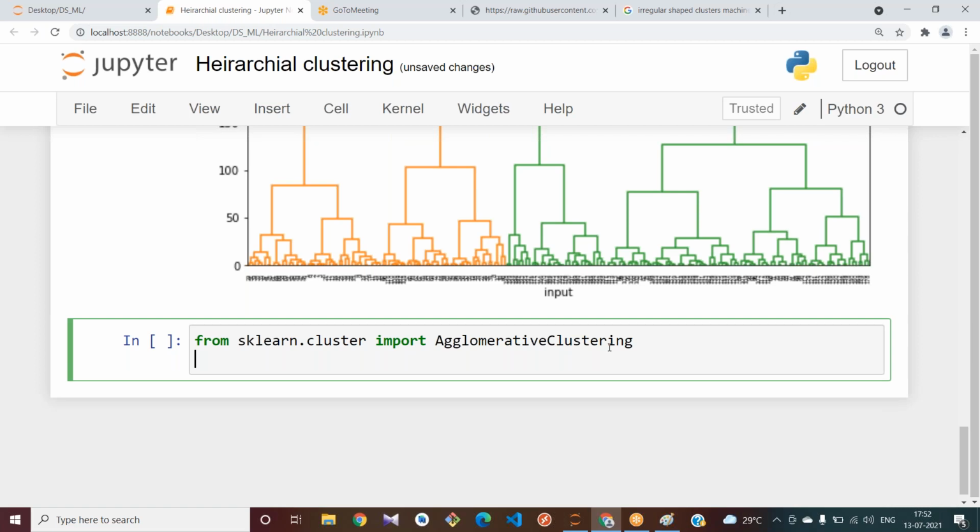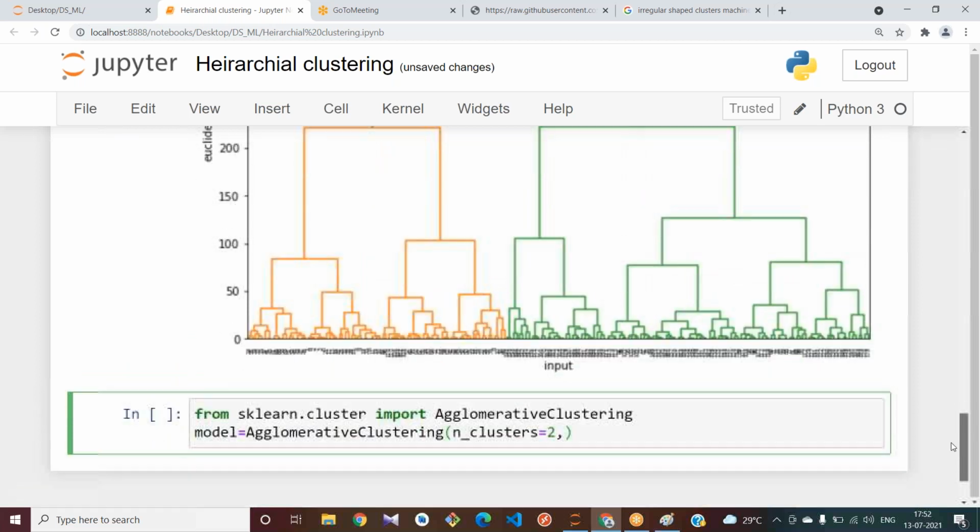And next, what should we apply? Model equal to, we should provide the clusters here, n underscore clusters equal to 2, and we should also provide the distance.